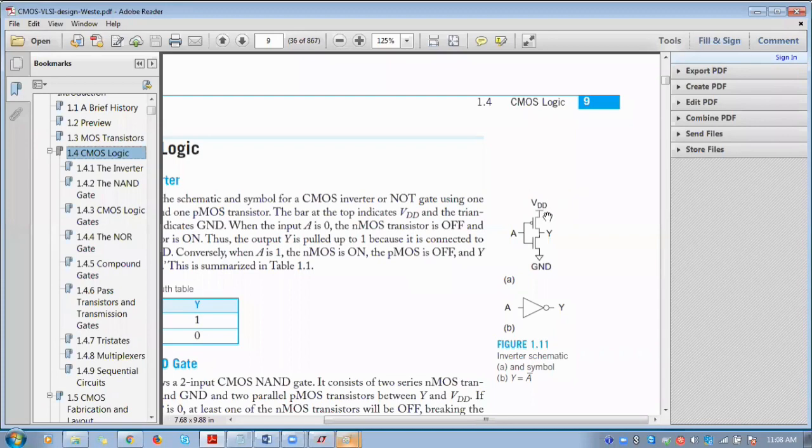As we have seen, PMOS gives a strong 1, so we connect the source of PMOS to VDD, and NMOS gives a strong 0, so we connect the source of NMOS to ground.